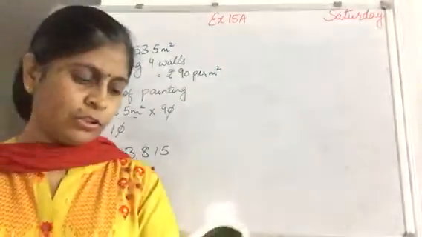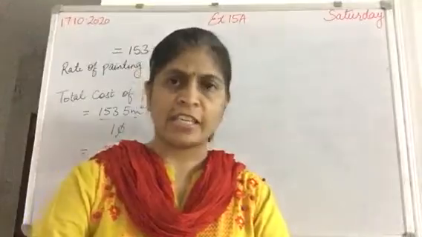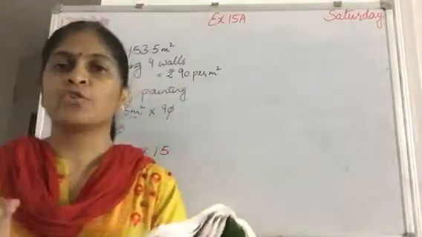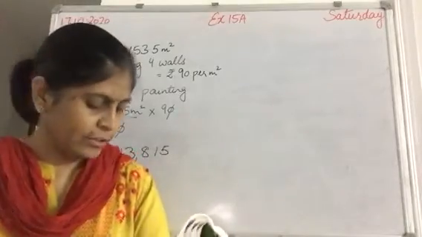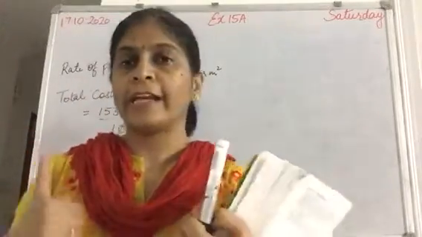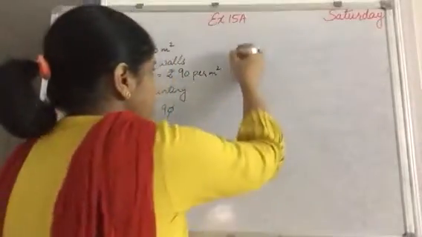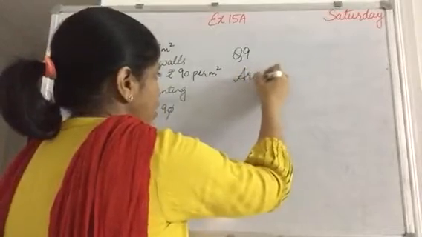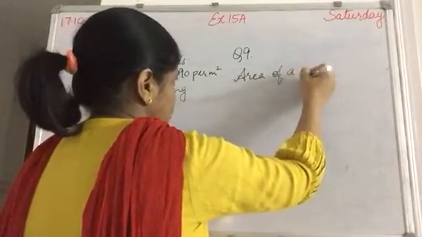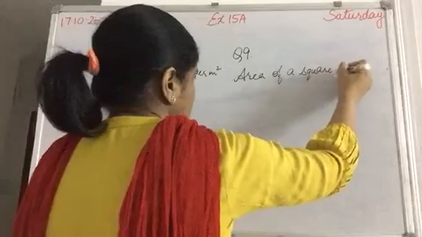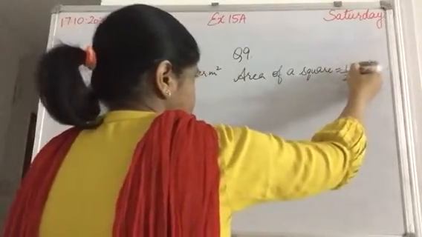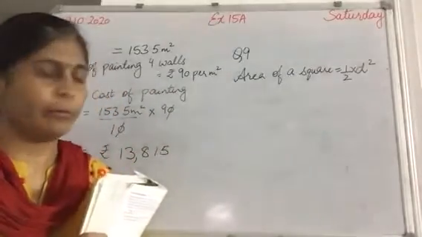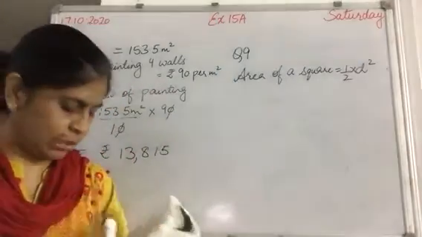Find the area of the squares in centimeter square whose diagonals are the following lengths. So area should be in centimeter square. First is 12 centimeter. Now diagonal is given. Students, when diagonal is given, the area of a square is half into d square. Yes. So half into 12 into 12, you get the answer 144 upon 2. So it is 72 centimeter square.